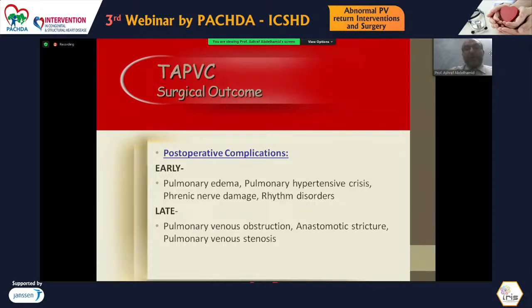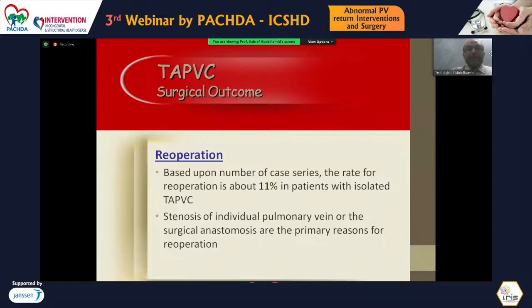Late postoperative complications include pulmonary venous obstruction, anastomotic stricture, and pulmonary venous stenosis. Reoperation was usually due to pulmonary vein stenosis from anastomotic strictures, and this is about 11% for an isolated total anomalous